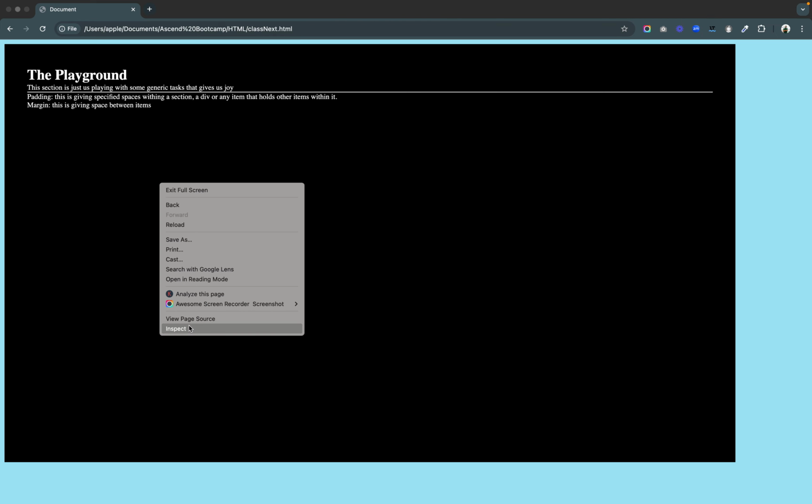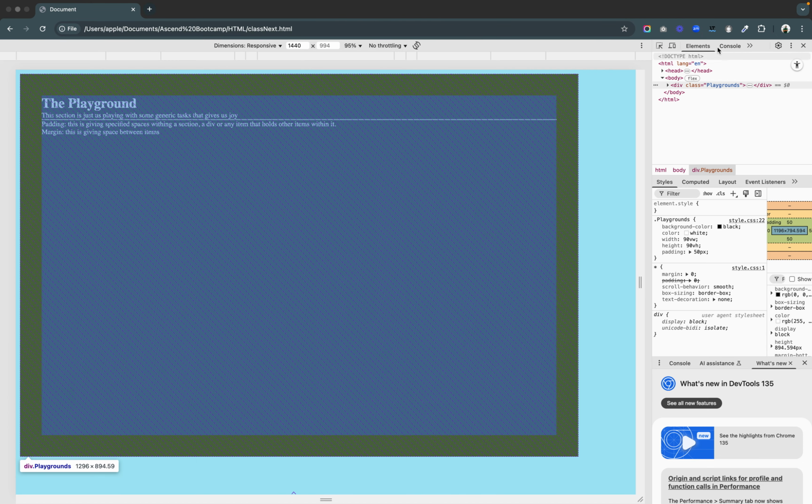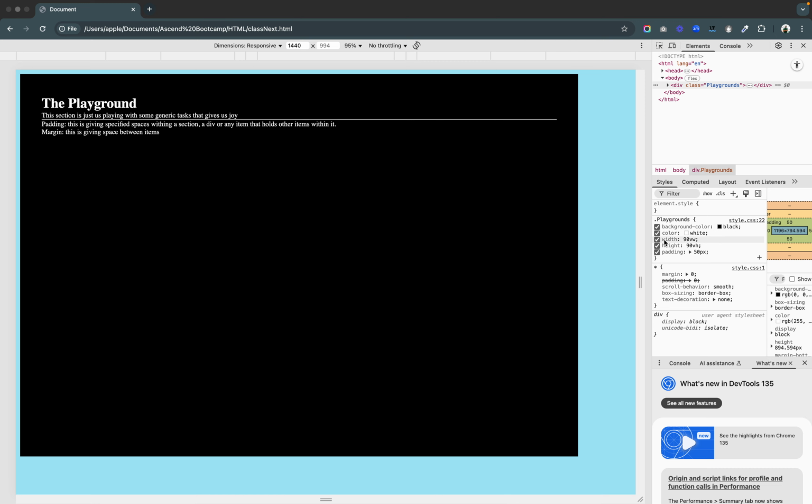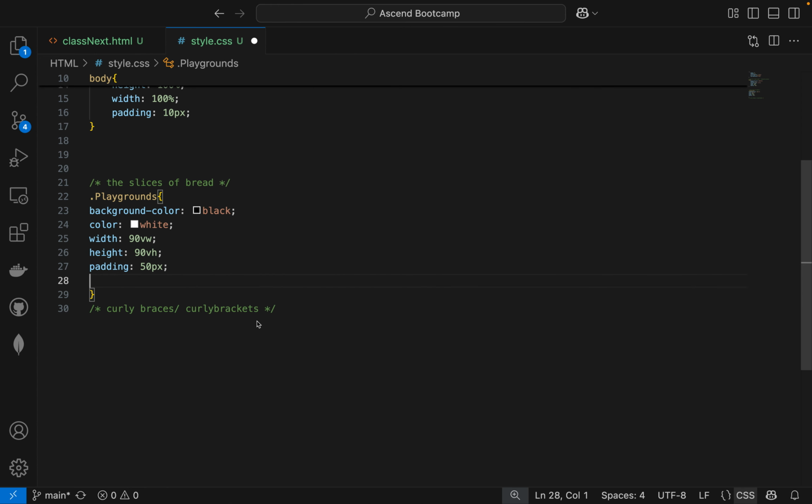So let's inspect to see what we just did here. See, padding 50 pixel. See what it did. It grayed out this column around here. Mind you, it is inside this black place, right? See, inside. It is not like it is. See, when we did, if I do a margin now,